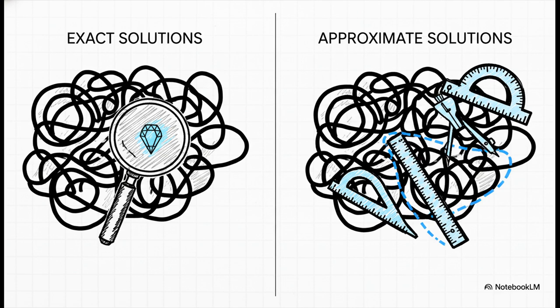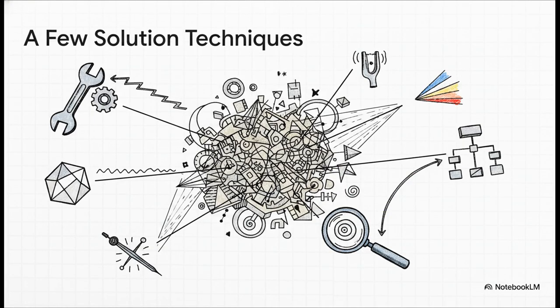Because those exact, clean solutions are so rare, researchers have developed an entire arsenal of powerful, really creative methods to find approximate solutions that get us incredibly close to the real thing. And just look at the variety of tools in this toolkit. Perturbation methods, homotopy methods, harmonic balance, the list goes on and on. Each of these is like a different lens, a different tool for peering into the complex dynamics of a nonlinear system. And don't worry, we're going to be unpacking a lot of these throughout this series.